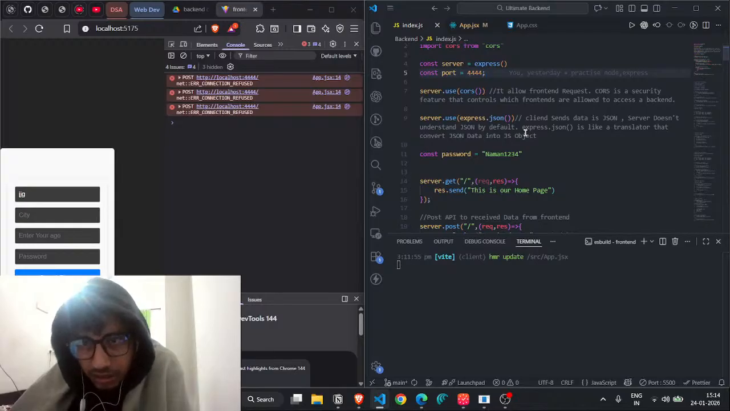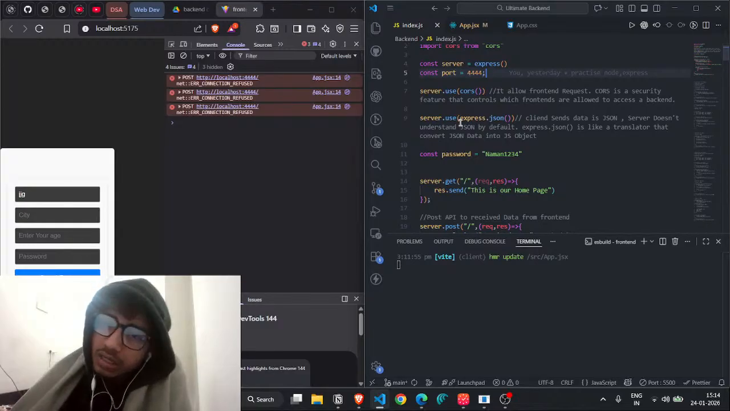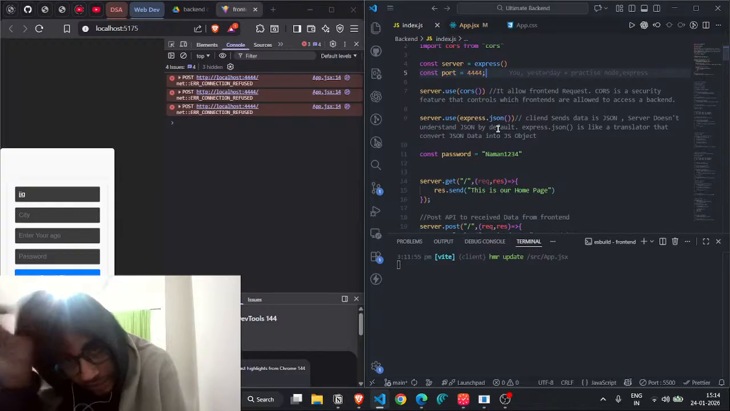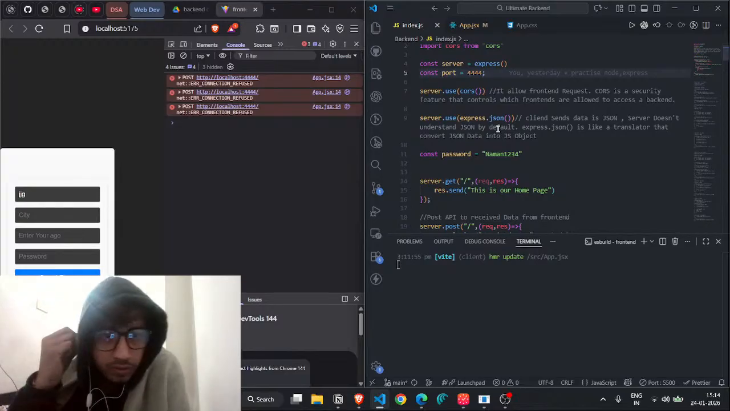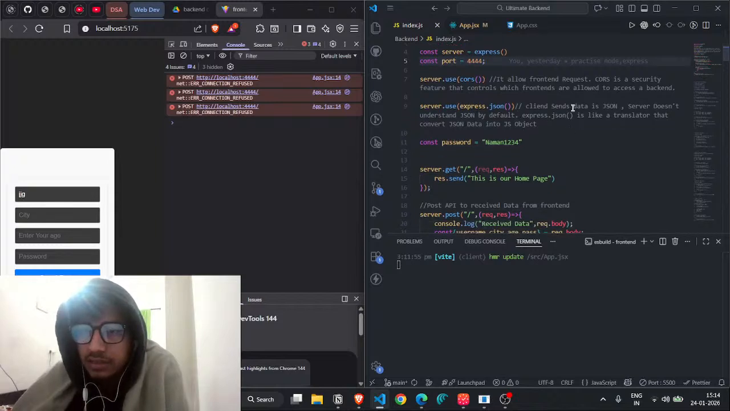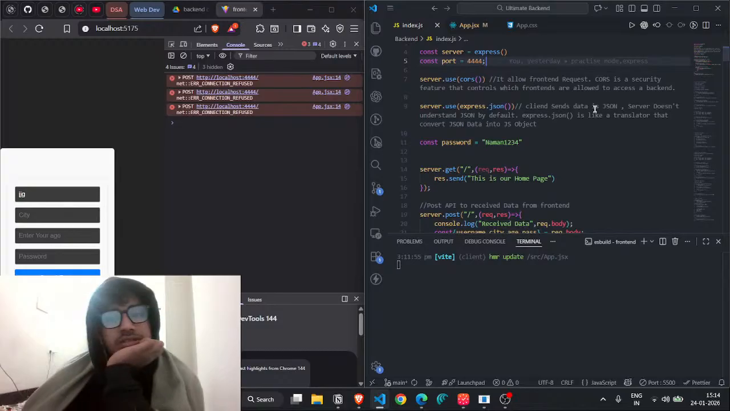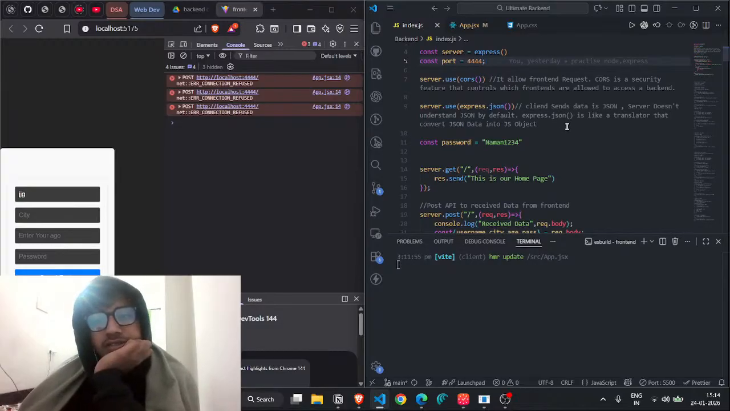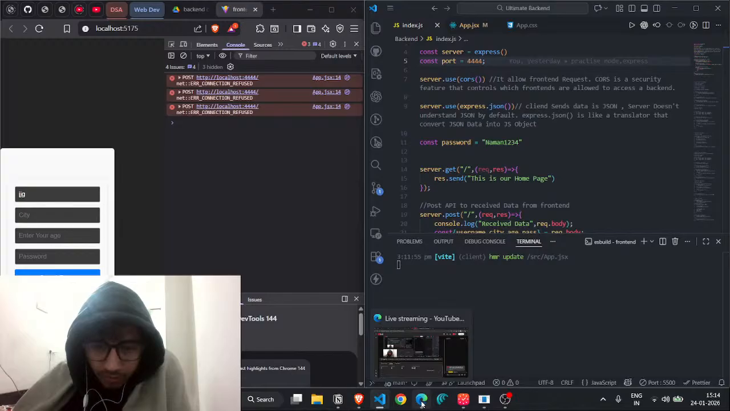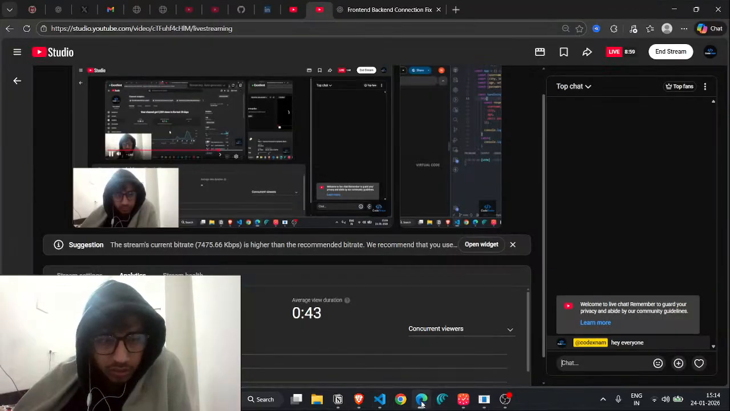Mostly data will be sent in a JSON format. Okay, and the server can't understand JSON, so first of all we convert the JSON data into object data. So for this we use server.use(express.json()). Okay, the client sends data in JSON, the server doesn't understand JSON by default. Express JSON is like a translator that converts JSON data into a JS object. Okay, JavaScript Object Notation, it's converted into a